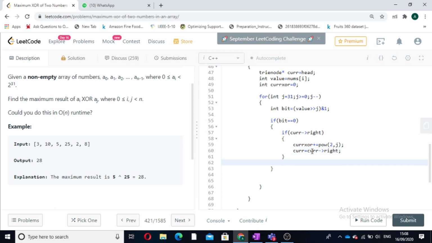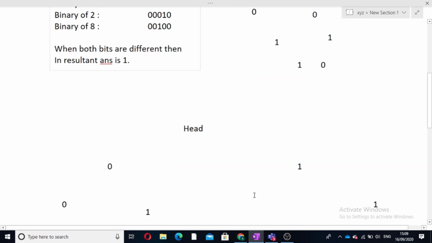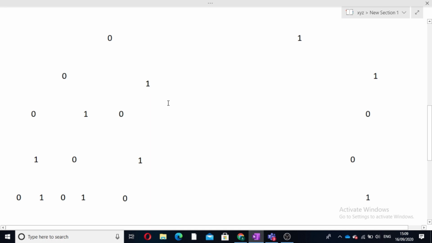Now if the bit is 0 and we do not have a right side in the trie, we are left with no option but to traverse on the left side only. Like in this example, see, we have this trie, and suppose at a particular condition we are at this bit.